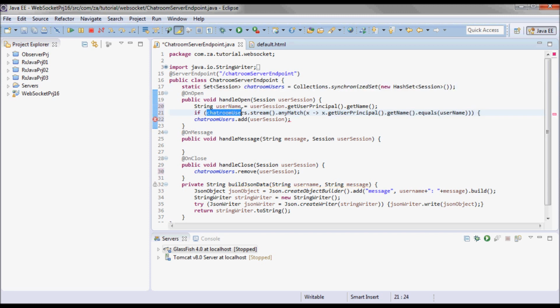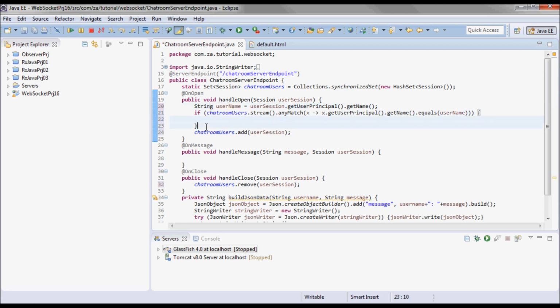So chatroom users dot stream dot any match, and I'll check if the username of any of the pre-existing users in this set is equal to the username of the user that is trying to log in. And in that case, I'll handle it here, and otherwise, I'll go ahead and add that user